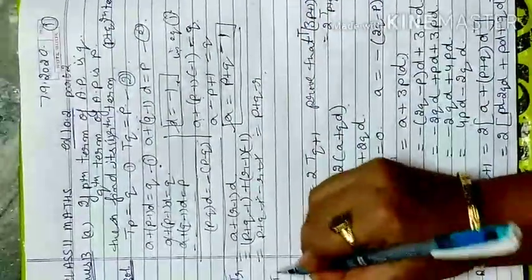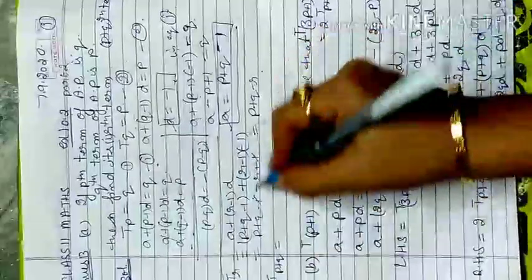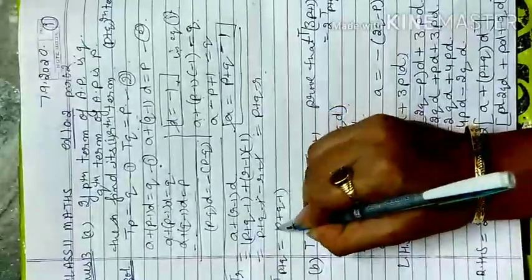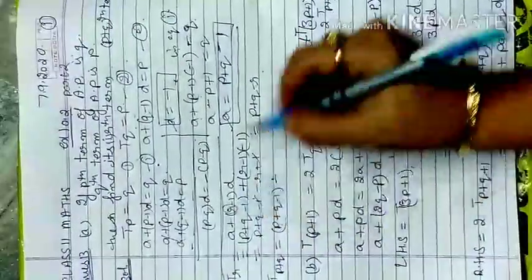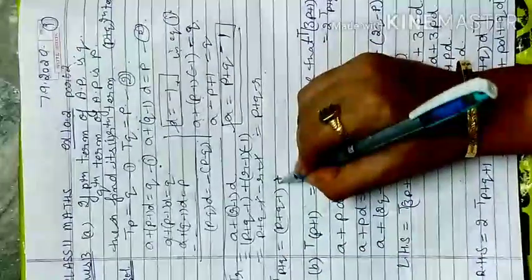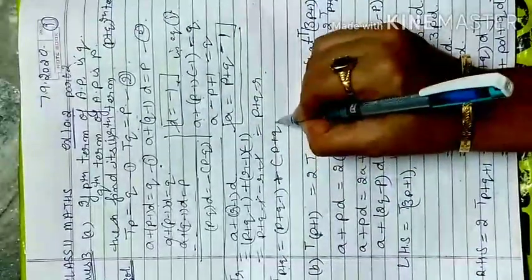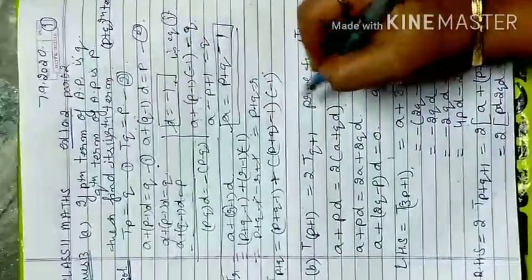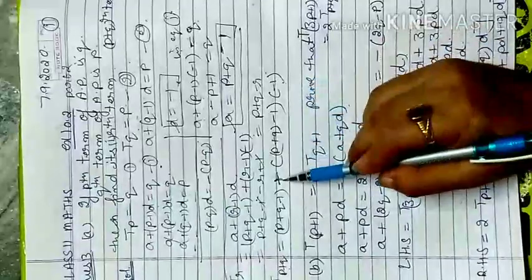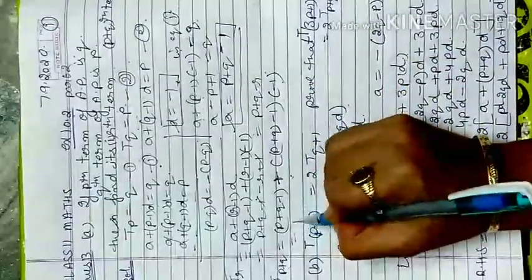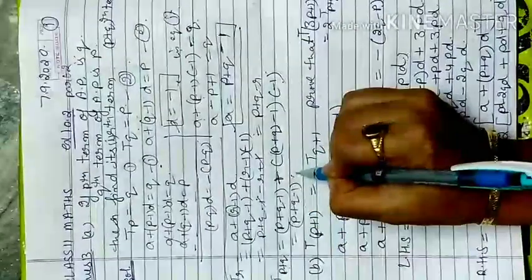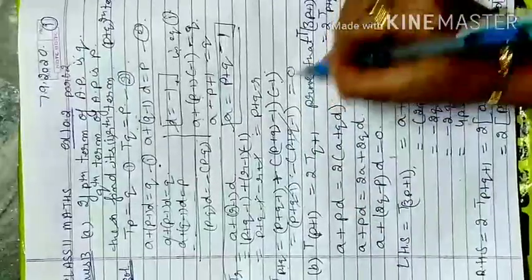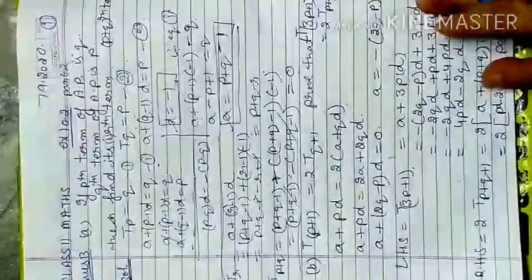Now if I have to find the (p+q)th term, the same thing I have to apply. In place of a is p plus q minus 1, plus, in place of n I have p plus q, so that is (p plus q minus 1), and my d value is minus 1. If you multiply minus 1 with this, it will be negative. So that means p plus q minus 1 then minus (p plus q minus 1). Both will be cancelled and my (p+q)th term becomes 0.